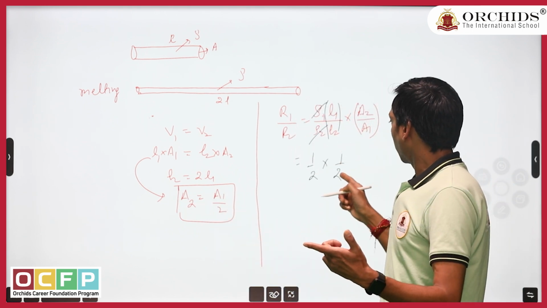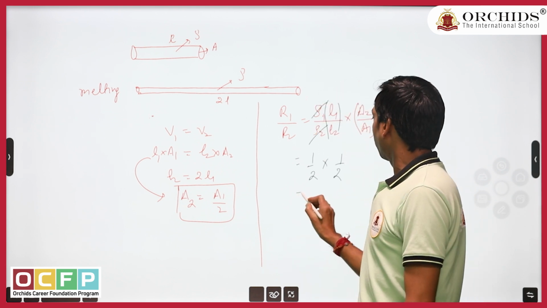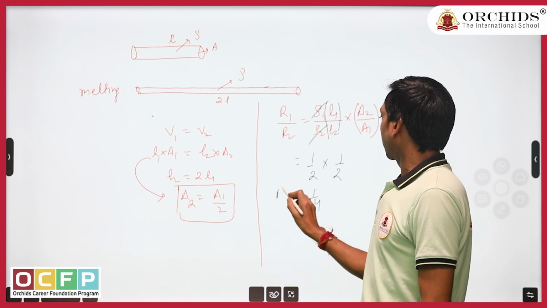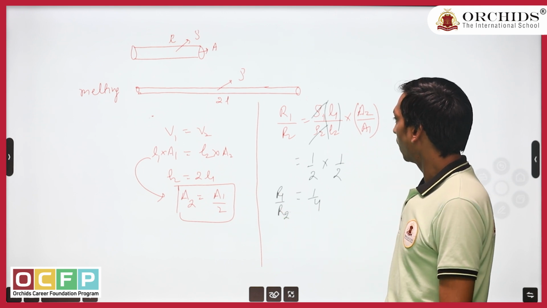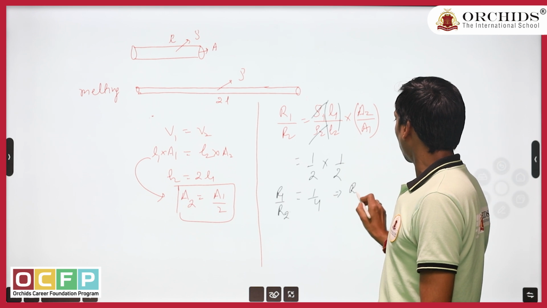Area becomes half, length becomes double. So finally we are getting 1 by 4. So that ratio is R1 by R2. But we are interested in the R2 value. So this implies R2 is